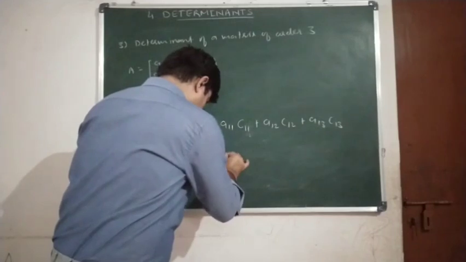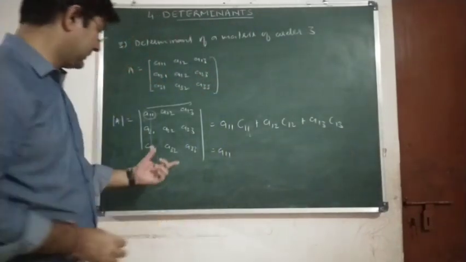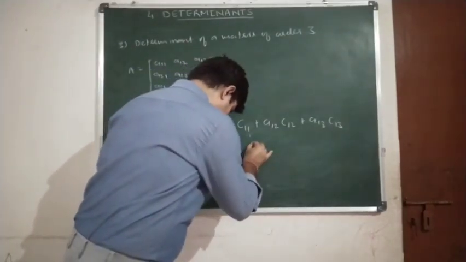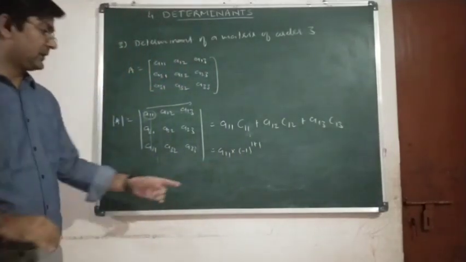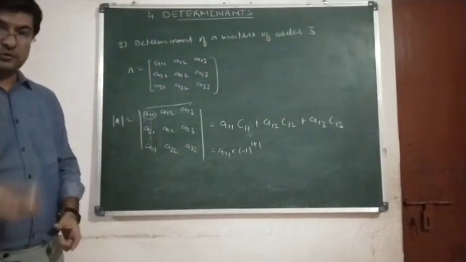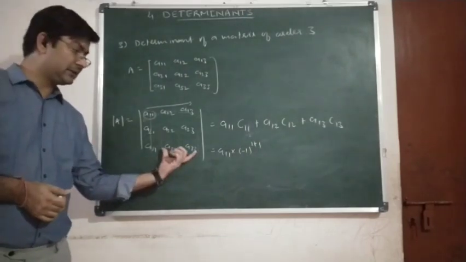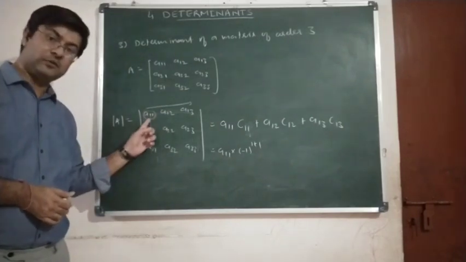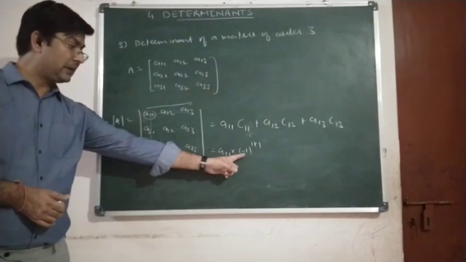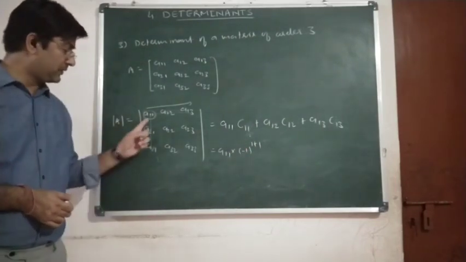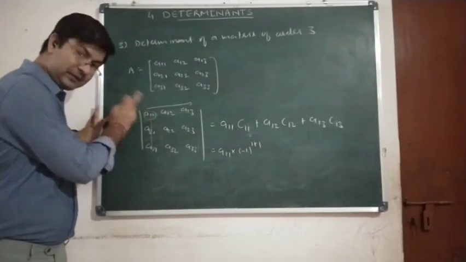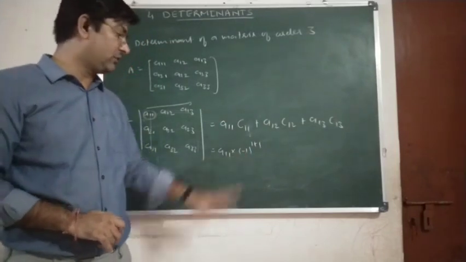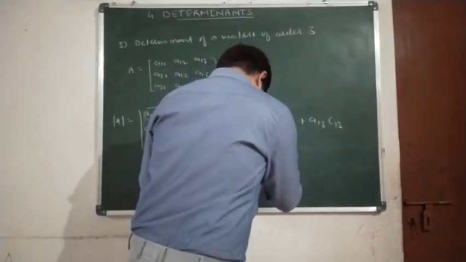Yes or no? So let us write down the square submatrix, which is called the minor, and that into minus 1 raised to i plus j. This we will multiply in order to calculate the cofactor. Cofactor means the minor, that is the square submatrix obtained by deleting the row and the column, multiplied by minus 1 raised to 1 plus 1, because here the value of i and j is 1 and 1 only. Clear? So minus 1 raised to i plus j, that is minus 1 raised to 1 plus 1, we write, into the square submatrix